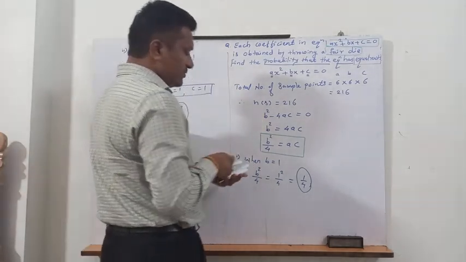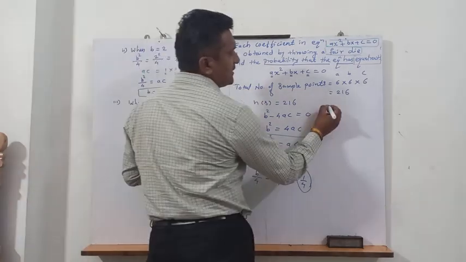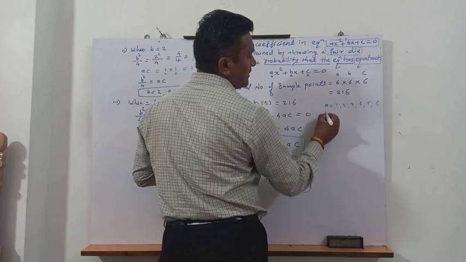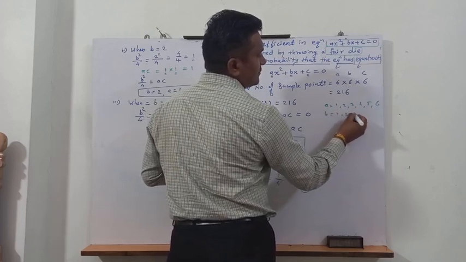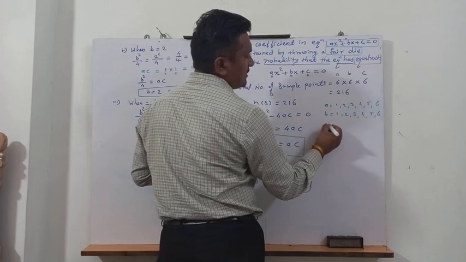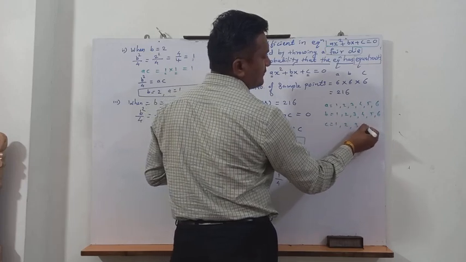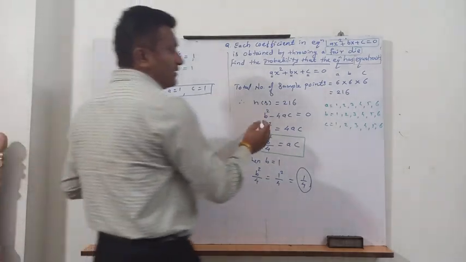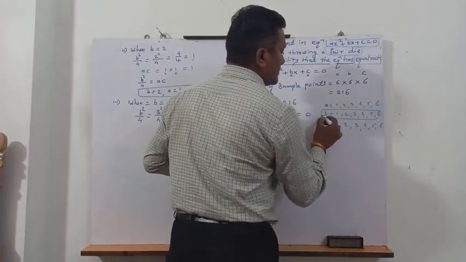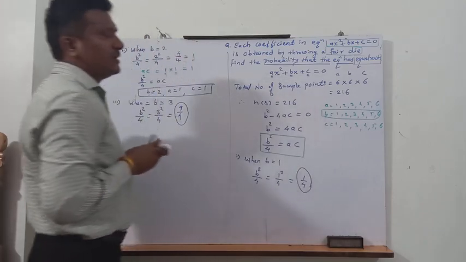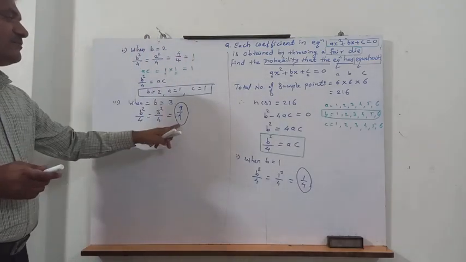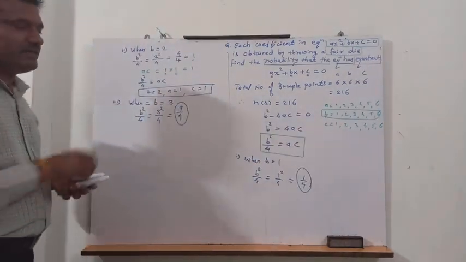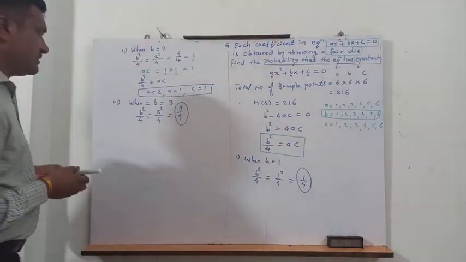ए और सी की कौन कौन सी वैल्यू, जैसे बी की वैल्यू हम 1 to 6 ले रहे हैं, तो ए भी 1 2 3 4 5 और 6 होगा. बी भी 1 2 3 4 5 और 6 होगा. सी भी 1 2 3 4 5 और 6 होगा. तो इसमें हमने बी की वैल्यू सपोज कर रहे हैं, तो इसके बारे में आपको ज्यादा सोचना नहीं है. आपको सोचना है ए एंड सी के बारे में, right? So is it possible that their product is coming 9 by 4? Not possible. जैसे ये फ्रैक्शन आएगा वो आंसर आपका रिजेक्ट हो जाएगा.